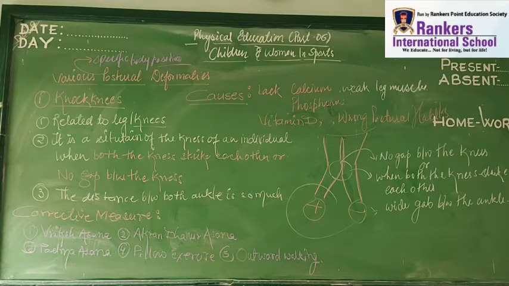The corrective measures are like Vriksha asana. It is a balancing asana on one foot while the other leg is flexed and resting. In the other hand, hands are kept in front. Akarna Dhanurasana, in this asana, the person stretches the leg near the ear while the other hand holds the opposite leg straight. Padmasana is also one of the very good asanas which helps. It is performed in a sitting position with crossed legs in such a way that the feet touch the opposite hip while hands are on the knees and the back is straight.